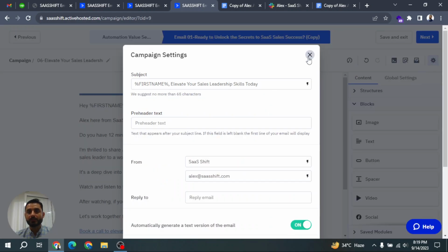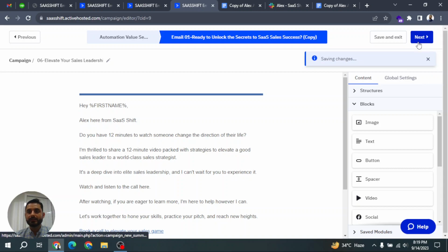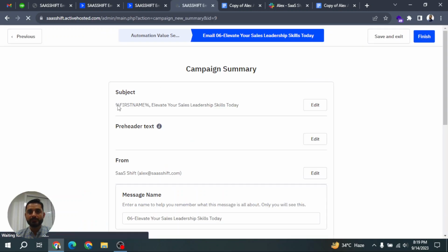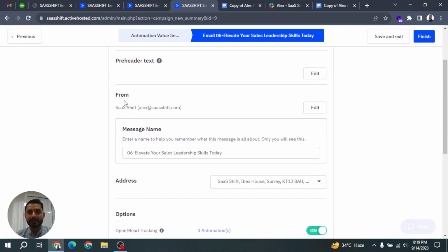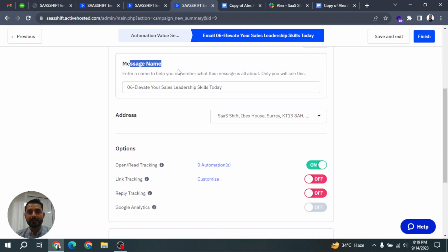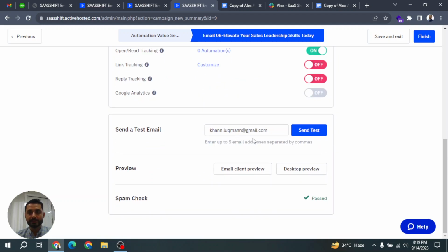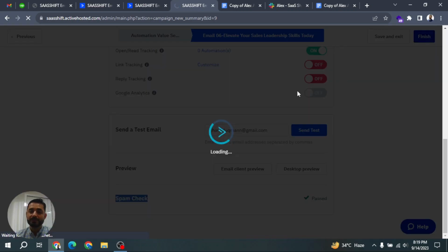where you can see all the details, right? And if there's anything you want to change, right? So this is the next step where you have the subject line, the pre-header, the from name and email, the internal name for the message, for the email, and other details. And you can send a test to yourself and spam check, and we just click finish. So it will go back to the automation, and